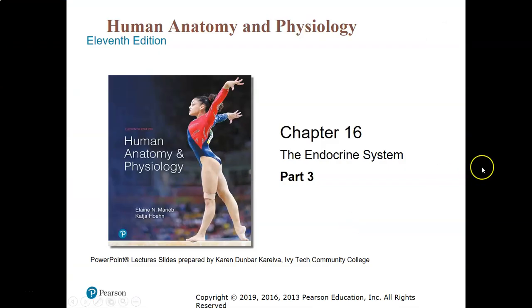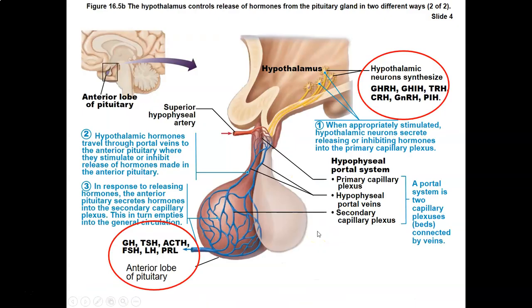Okay, well, we've been talking about the endocrine system, and in part 2, we revealed the structure of the pituitary gland, and we talked about the hormones of the posterior pituitary, ADH and oxytocin. Now we're going to delve right into the hormones produced by the anterior pituitary gland and learn how they're regulated